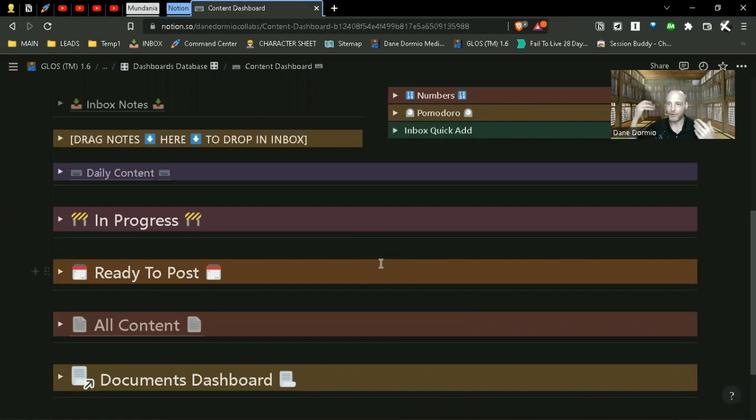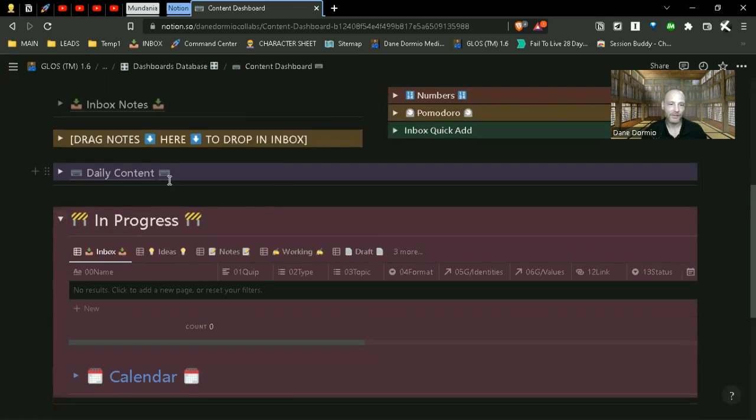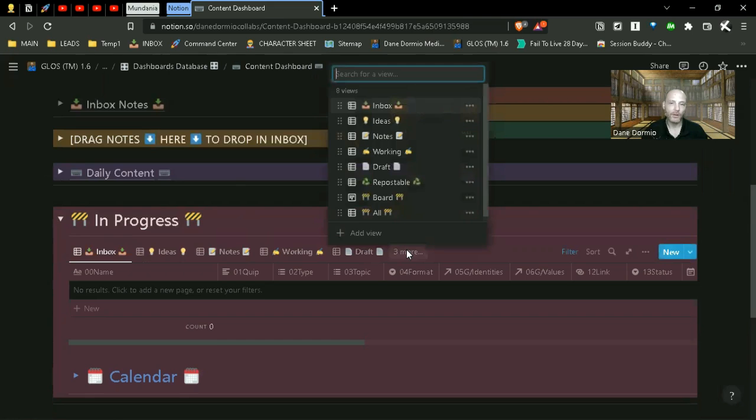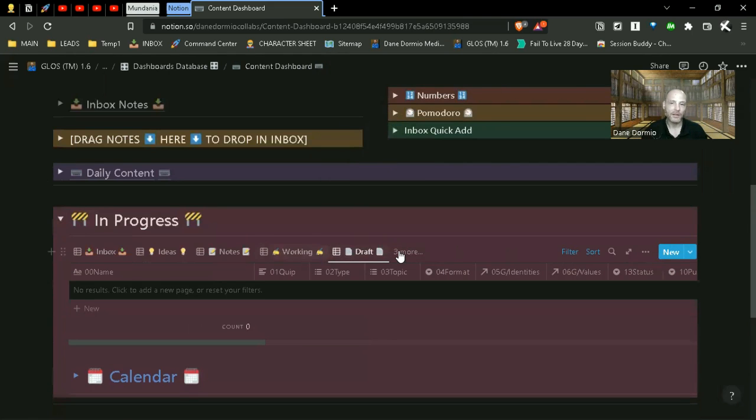If you capture content ideas wherever you put them into your inbox, then they can get processed into your content database. And if you create primarily written content like articles and posts, or if you create videos or podcasts or whatever kind of content you regularly create, that can get put into your content database, where it can then be moved through a process where we can actually see the